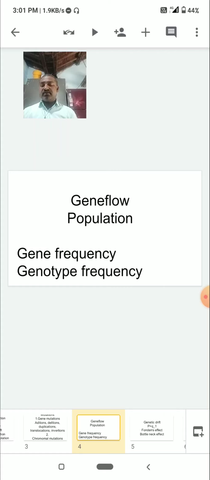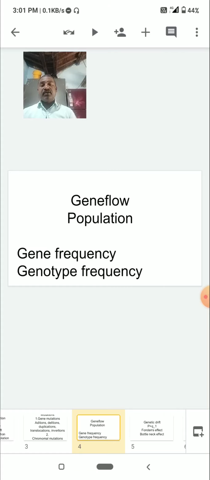The random introduction of alleles into the recipient population is called immigration, and their removal from the donor population is called emigration. So, there is an effect on the allelic frequency of both populations. Gene flow brings about an addition or loss of genes in the gene pool. The movement of alleles from one population to another is called gene flow.